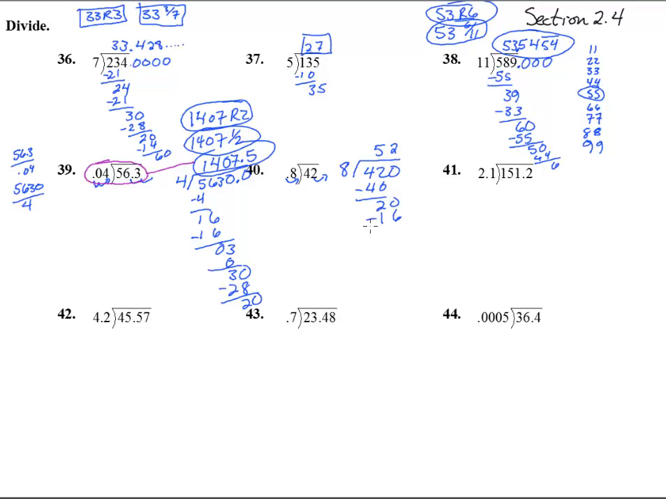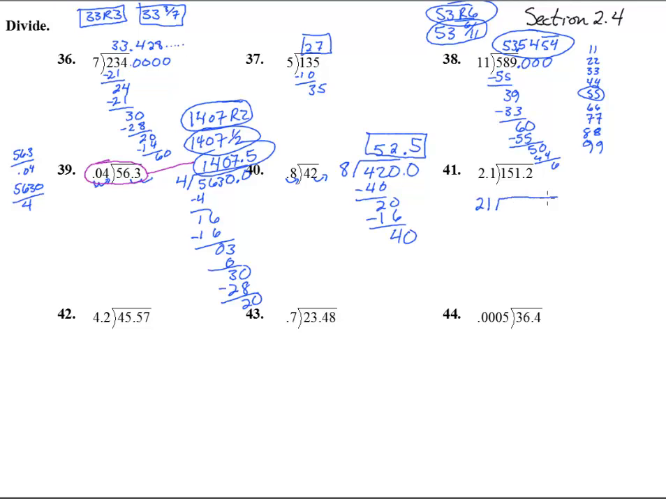That's 16. Subtract and we get a 4. So you could do 52 remainder 4, but they kind of gave us decimals in the question, so I'm going to put a decimal there. And 8 goes into 40 5 times. 52.5. Ooh, this is going to be a tough one. We're going to go